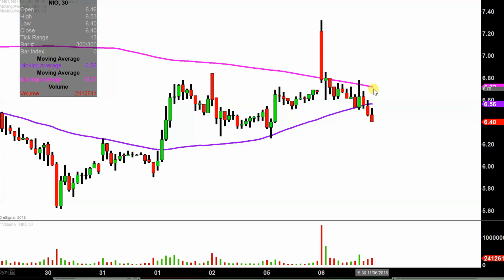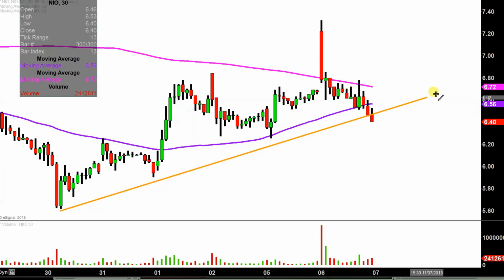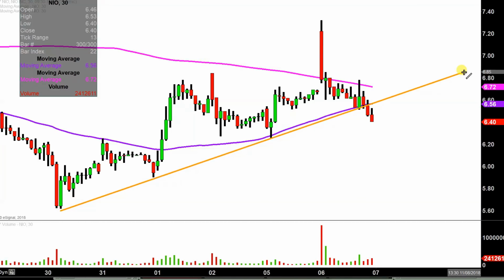Now, does this mean the entire chart's ruined? Not necessarily, but the other thing to keep an eye on is that the price now is flirting with a trendline break right here. So a trendline break and then another component, but let's take one at a time. First, the trendline, like I talked about, you can see right here going through the history of things. This has done a great job over time of providing support, but the price has now broken down below